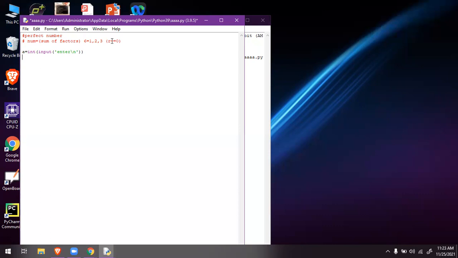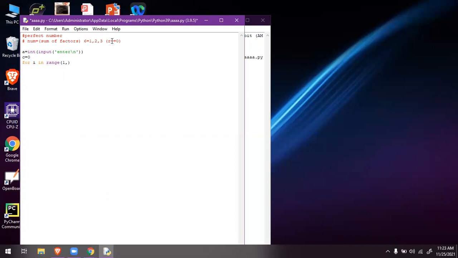What I'm doing is taking a count. Initially, I'm taking the count value as 0. Again, I have to use the for in range concept. For i in range, from where to where do I have to check?